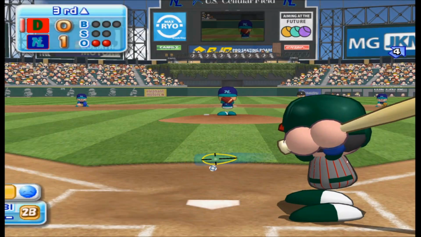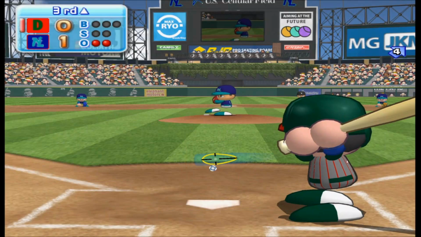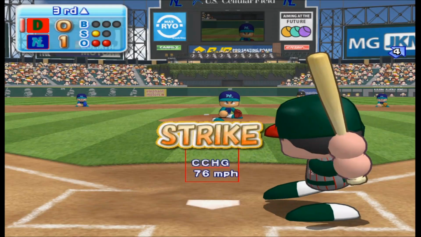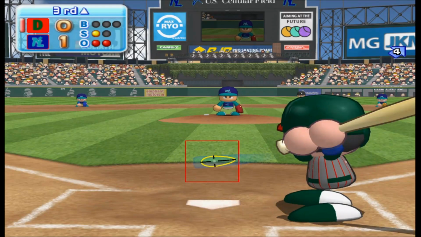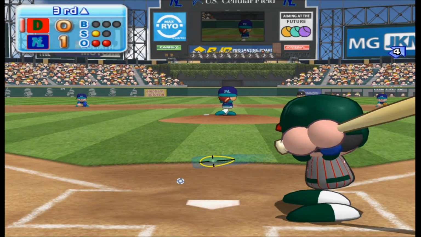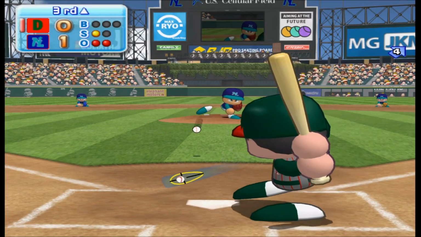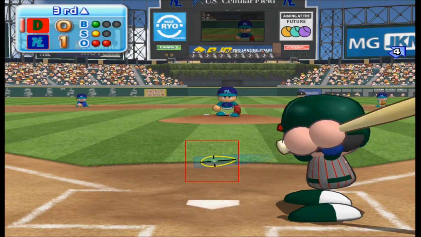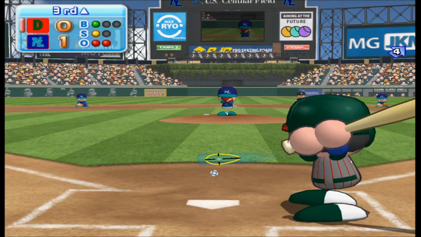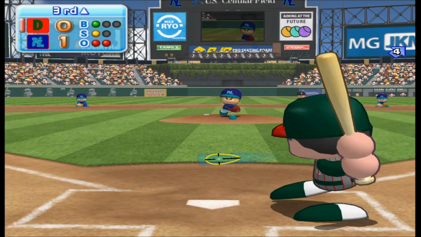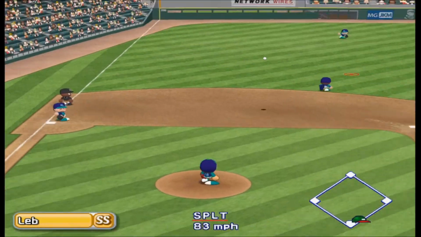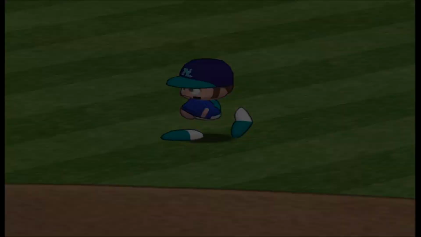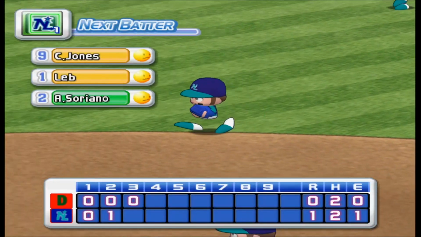Next at bat, Todd Walker. Here we go for the first pitch. Strike on a ball down around the knees. He put that first pitch right in there. Just missed the outside corner for a ball. Count 1-1. He caught it. That's the end of the inning. No runs, no hits, no errors.